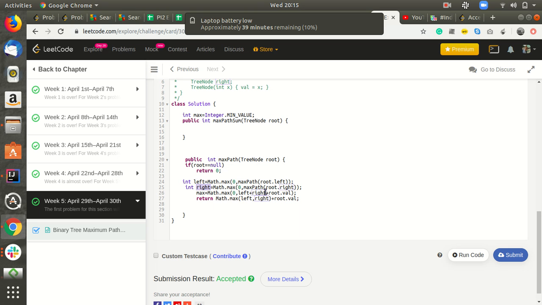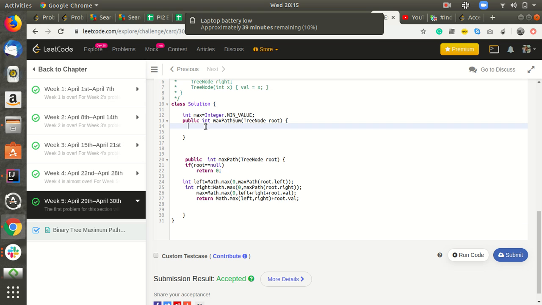Recursively it will call the left part, which will also call its left and right, and so on. The last condition will be returning the value of that node if both of these are empty, then it will return root.val. So again we will have the maximum value in this variable.